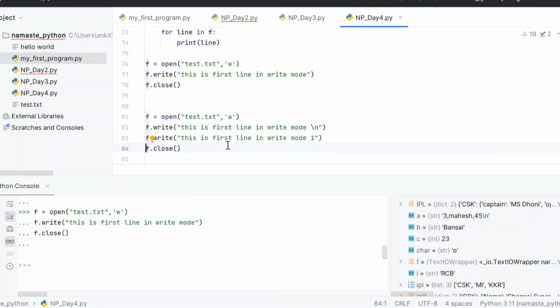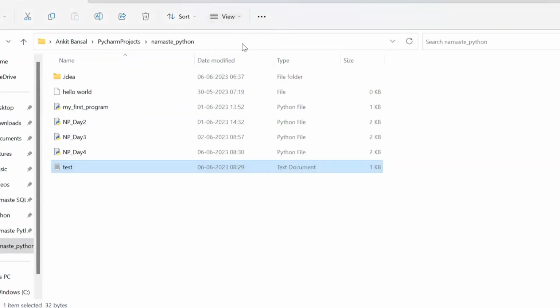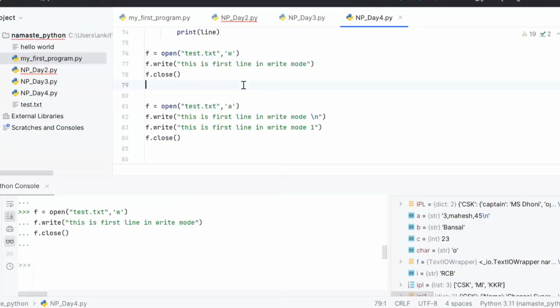Can you add one more line in writing? Ankit, we have not specified the path for the file. We can give the path. That's what I explained initially. If your Python file and your text file are on the same location, you can just give this. If it is on a different location, you can put C drive or wherever it is, you can just put that path. It is not the default location. It is the location where your Python file is.